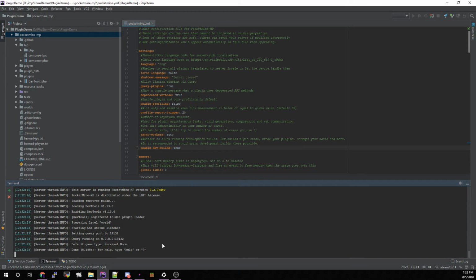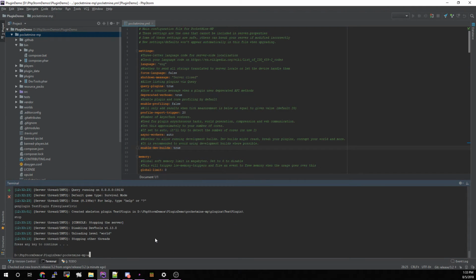With your server running, because we installed the DevTools plugin, if you need some starter files for creating a new plugin from scratch, you can use a command called genplugin and make a plugin directly from the console in the server. You give it the name of the plugin first. We're going to call this test plugin, and then the name of the author. And it will generate all of the files for you to get your plugin started. So we're going to stop the server,